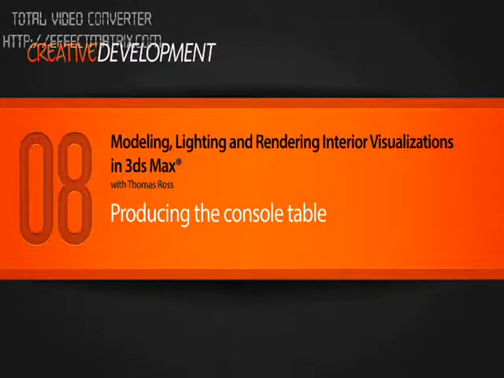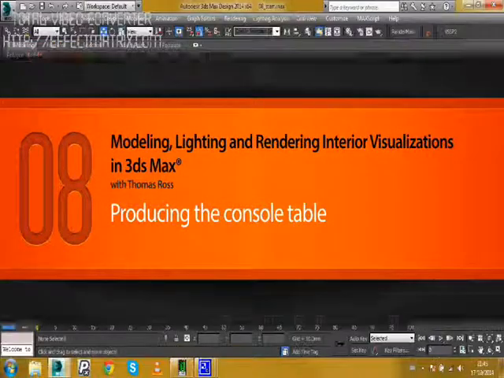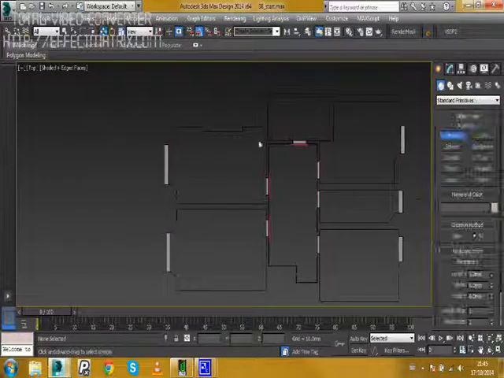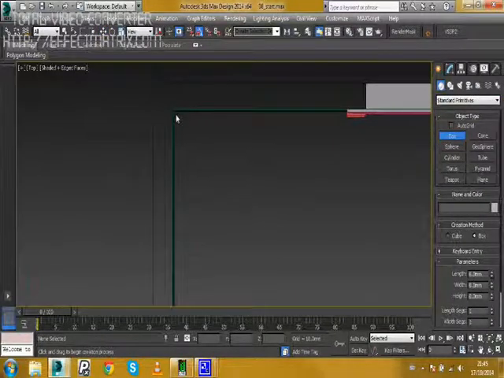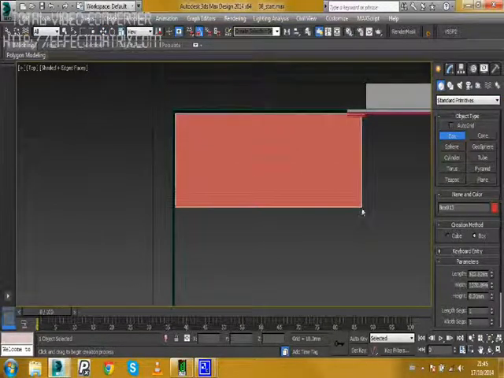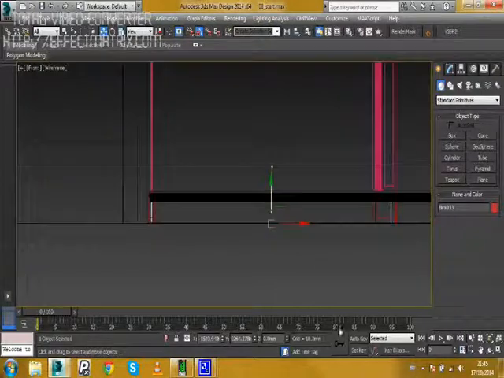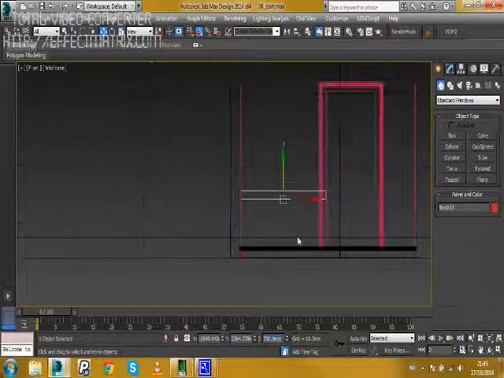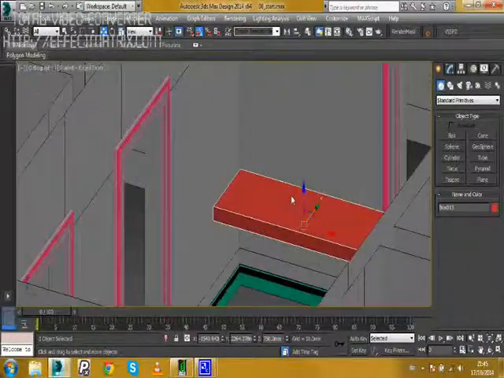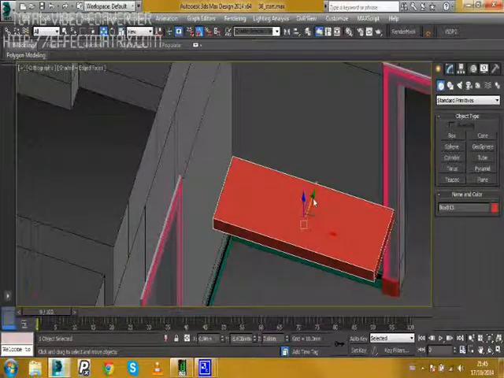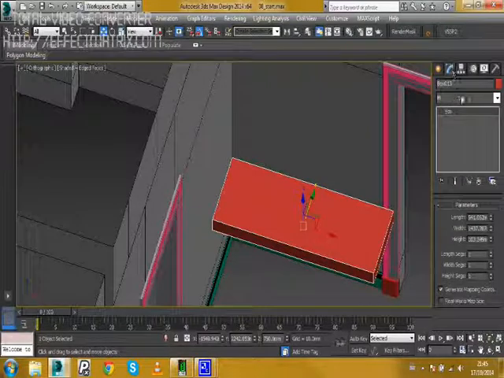Our console table. If we go to the top viewport, we're going to create a box where the console table will sit. We'll just create a box roughly about here, like so. And we'll go to our front viewport and adjust it on the Z axis to about 750. Just pull it out a wee bit. If we apply an edit poly here,